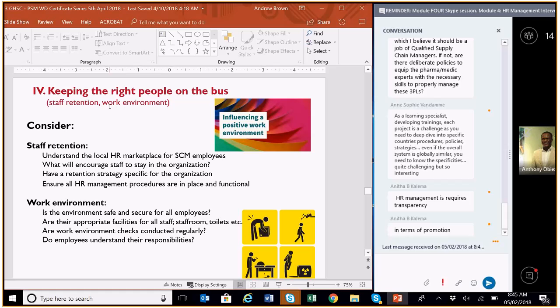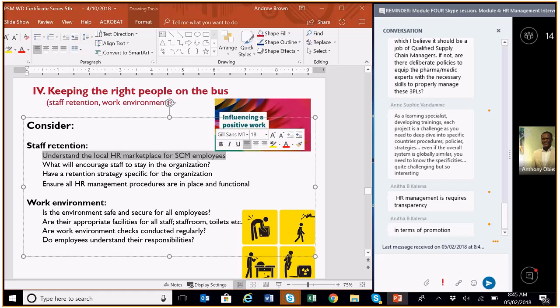When we're talking about staff retention, the reasons that people stay in a business are many. And you need to understand the local human resources environment for employees in order to understand what's necessary for them to stay. I often hear that government policies and procedures dictate what the wages are and what is able to be done in a particular context. I can also tell you that wages are only one aspect of staff retention. But it is true that unless the wage being provided is competitive, that needs to be looked at first if you're going to address a staff retention issue.